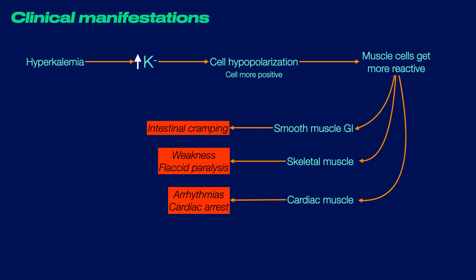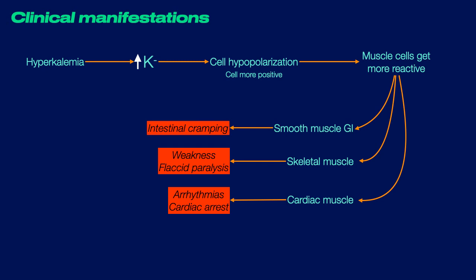So with too much potassium outside the cell, the membrane potential can become more positive to the point of even causing contraction. Initially, this might cause mild intestinal cramping when affecting the smooth muscle, but